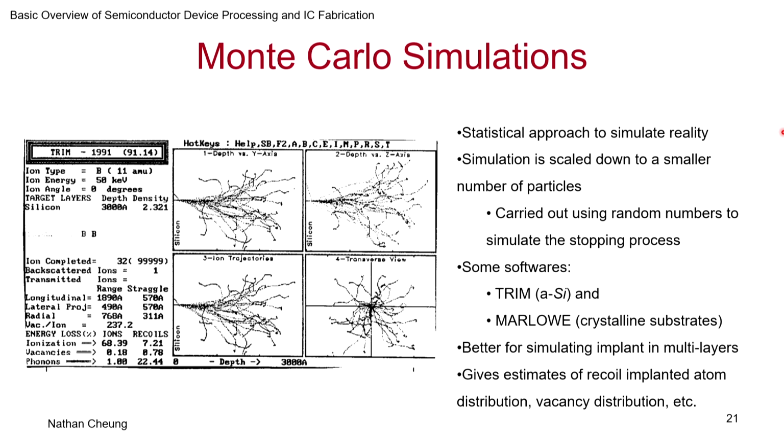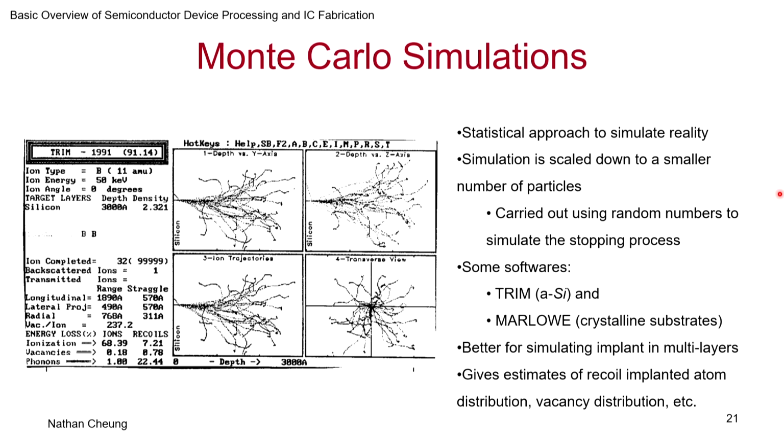So if you have amorphized the silicon by implanting silicon, for example, TRIM can be a very good way to predict what is happening for a variety of implant ions. And Marlowe is also very good for crystalline substrates, and there are many other new tools constantly coming up, and many of the companies have their own tools which they develop. They are very good at simulating implantation, and not just for the layers that we talked about. They are especially good when there are multi-layers, which is what is happening. If you look at a FinFET, when you are implanting, you are going to go through many material layers, right? So you have to know what is happening.